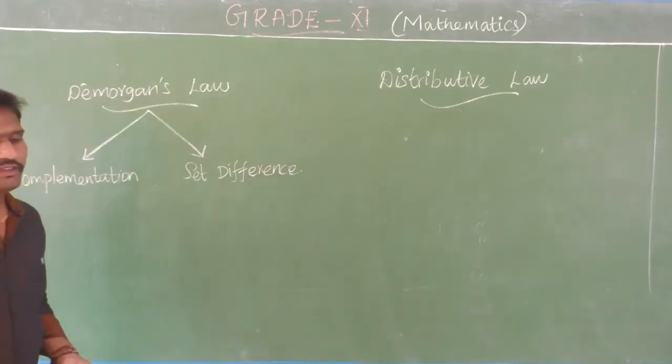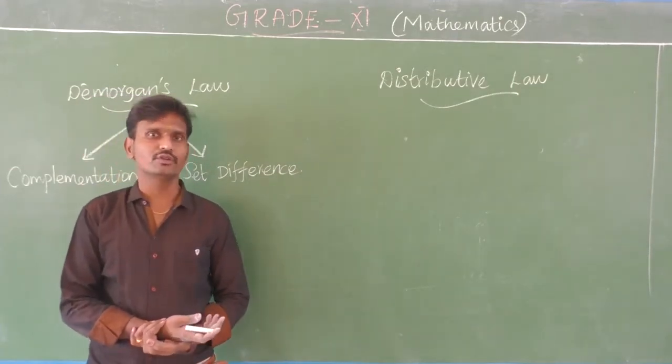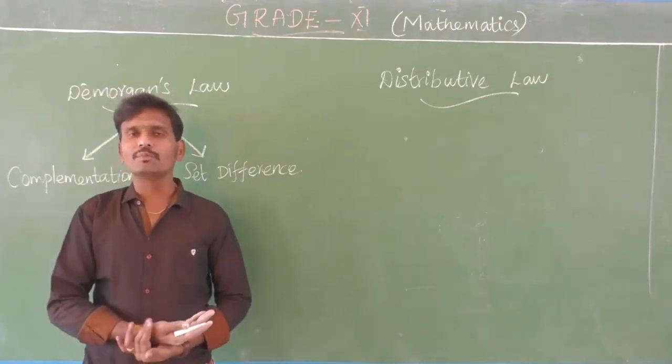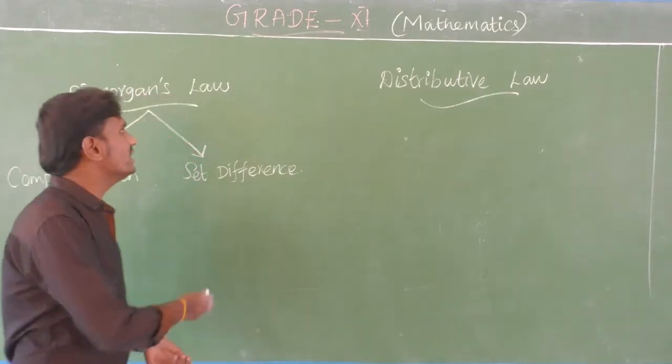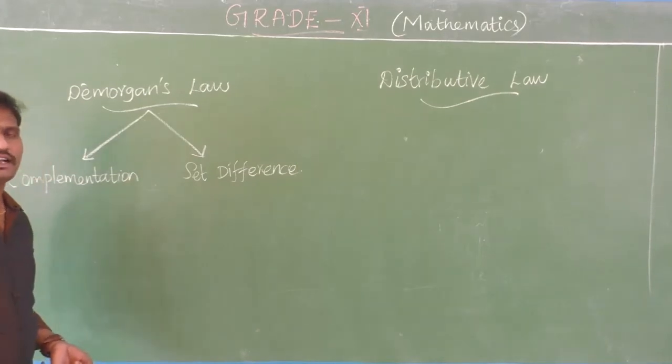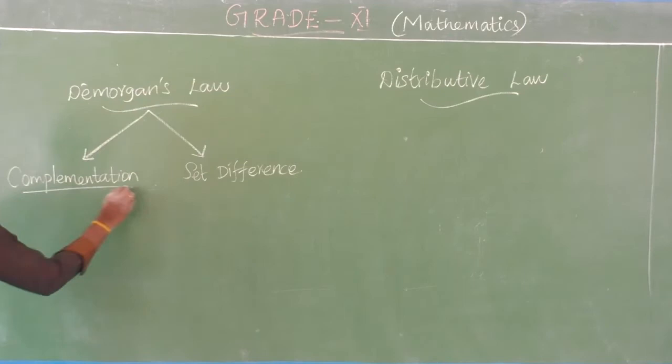So already we completed up to exercise 1.1 to 1.4. Let's move to 1.5. And before that, we want to know something. Already I told you De Morgan's law in only one manner, one time, like De Morgan's law of complementation.